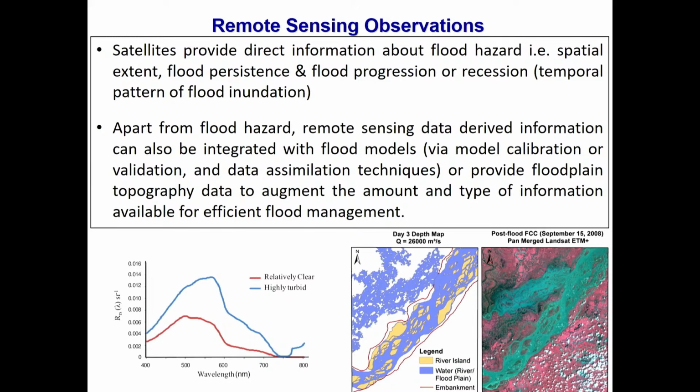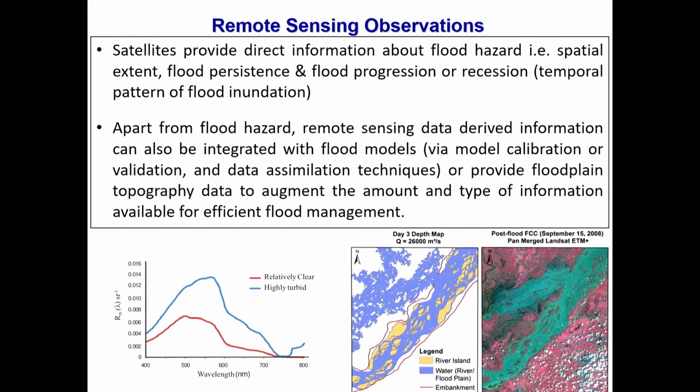So by looking at the image, we are able to see that there is a flood event, and if we are acquainted with GIS, we can map the boundary and have the extent of the flood. So that is one form of information that we can have. But the other information is that these satellites are also used to validate and calibrate your hydrological models.